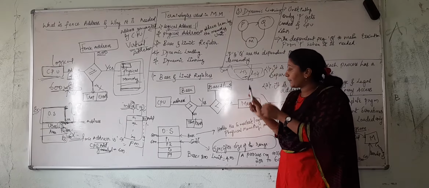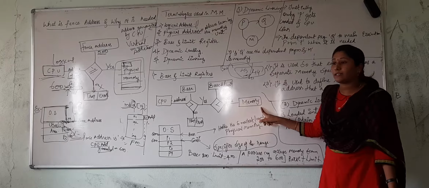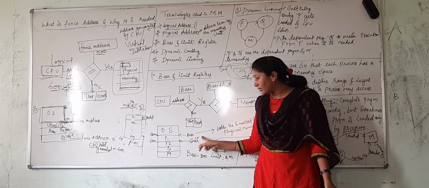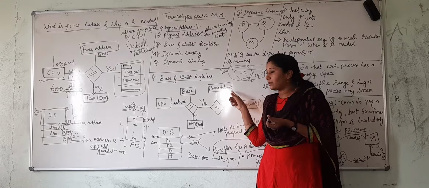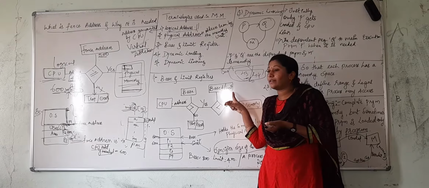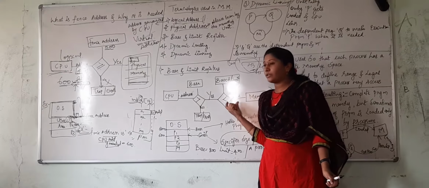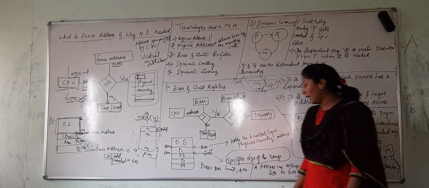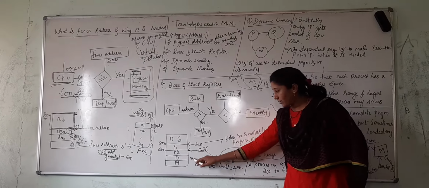Now you can define it here. This is also in the figure. The logical address is from the CPU, and the physical address is our memory. Something I have written as base is holding the address of a single value. Base plus limit means the initial value plus the range, the last value it is holding. We compare against it similar to our fence address. For this also I have taken an example.